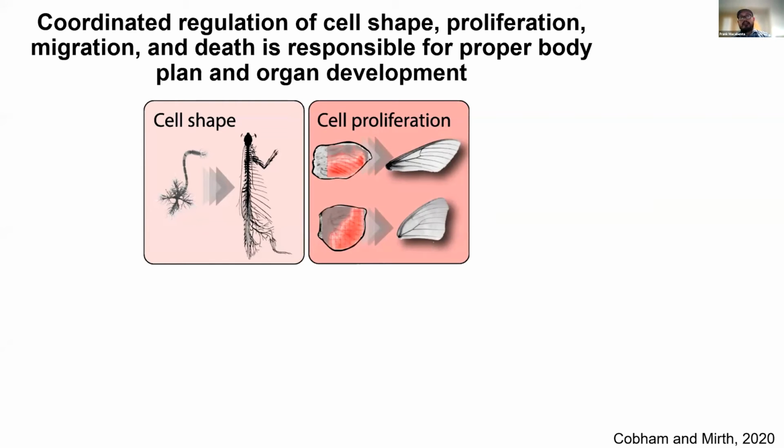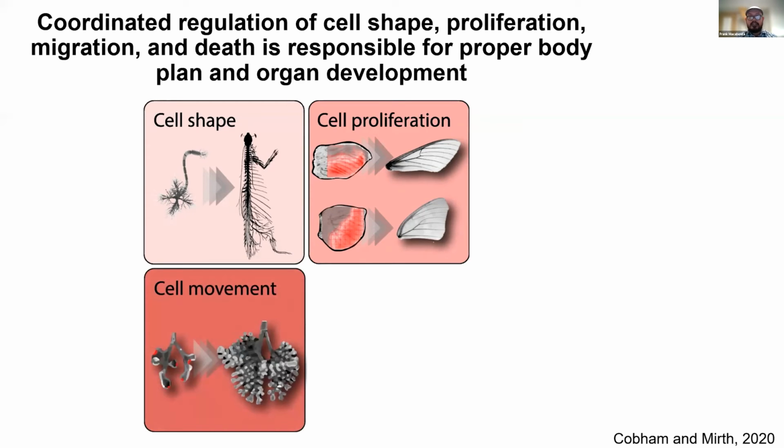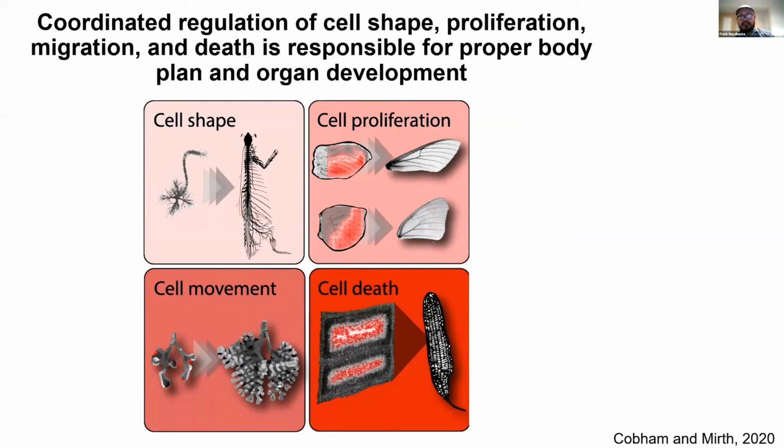And you also have to have patterns of cell proliferation, which account for differences in wing shape in different insect species, for instance, as well as coordinated cell movement, such as invagination, allowing for branching morphogenesis in developing lungs. And finally, you also have this coordination of apoptosis or programmed cell death, which allows for this highly stereotyped pattern in a lace plant leaf. And really, the dysregulation of any of these parameters can lead to severe morphogenetic disorders or disruptions in function and disease.